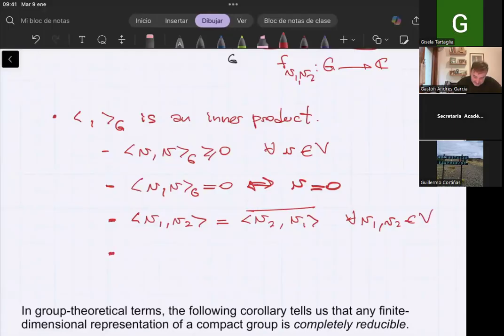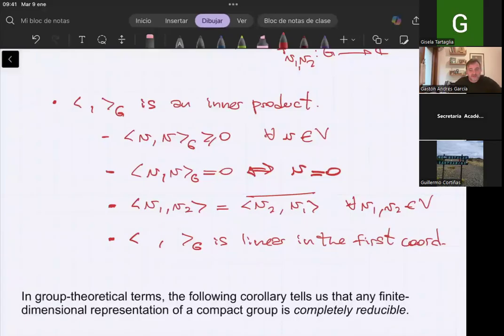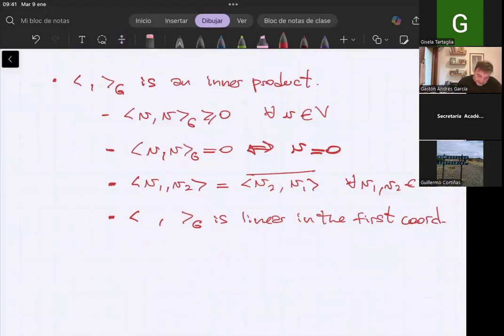And the last one is that this one is linear in the first coordinate. Yeah, and this is a straightforward calculation to prove these things. So I will leave you these things as exercise, and let us prove that